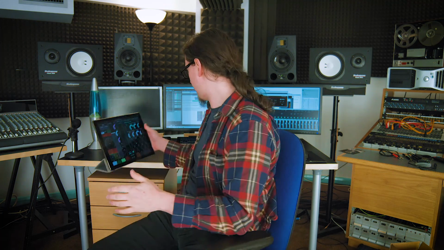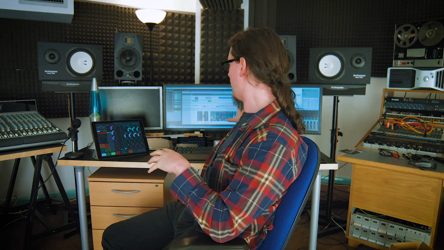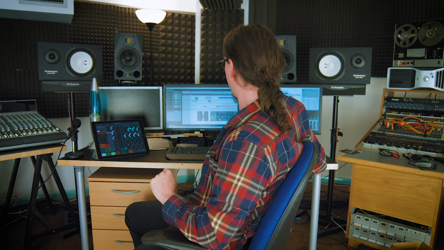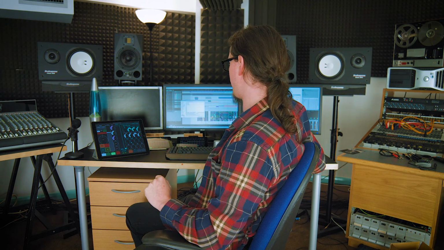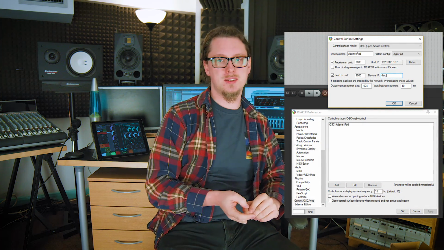And that is fantastic, and having this absolute craziness is something that you can do too. I mean, for Pro Tools they have their own remote software, but TouchOSC is great, and it doesn't take much to set up either. You connect your iPads or Android devices or phones to the same wireless network that your system is on, make sure that your firewalls are set properly and all that kind of stuff, and then for Reaper particularly, you just go to Options, Preferences, Control Surfaces, you add a new OSC device, and